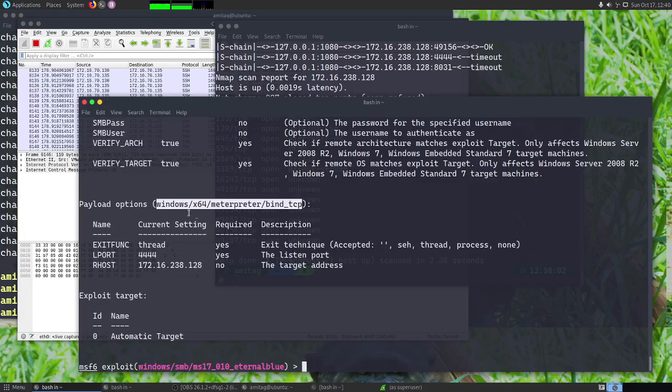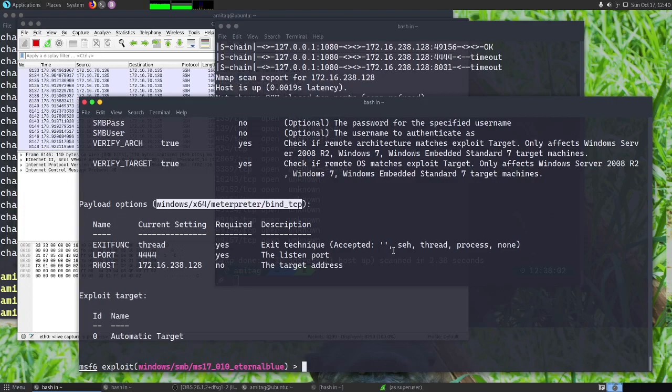Also note that if your Windows machine is not able to directly reach the attacker machine, then there is no way that you will be able to get a reverse shell. So if possible, try to use bind TCP, so that if you are able to open a port on the remote machine, then you are able to reach it over SSH from the attacker machine to the remote host.